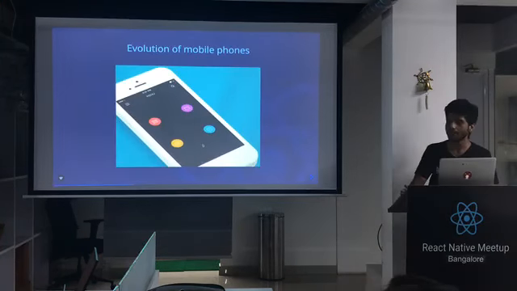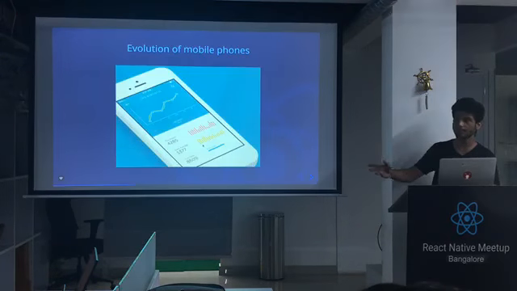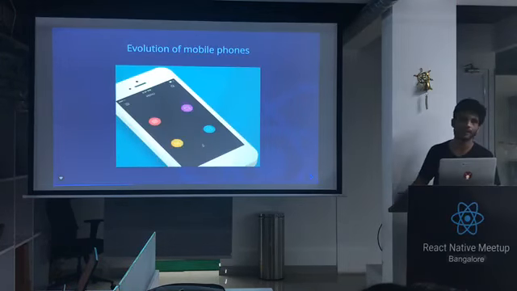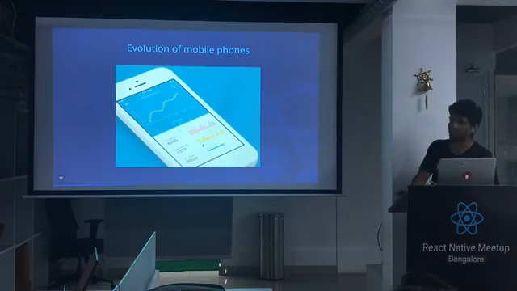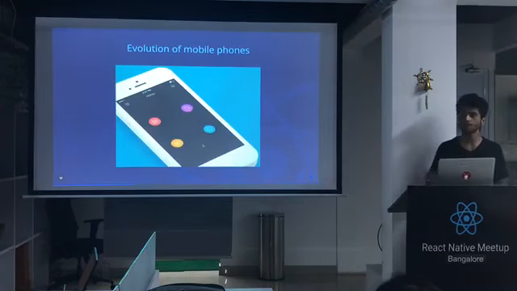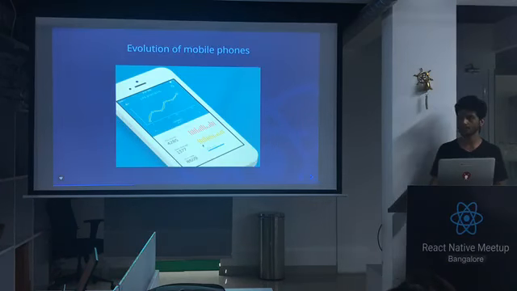Let's talk a little bit about the evolution of mobile phones. Mobile phones have seen a vast change in their applications. Initially, we didn't have much. There wasn't much you could do with a phone. But today they come coupled with sensors and stuff. So there's some pretty cool stuff you can do with sensors, like you could maybe understand gestures that the user is making.